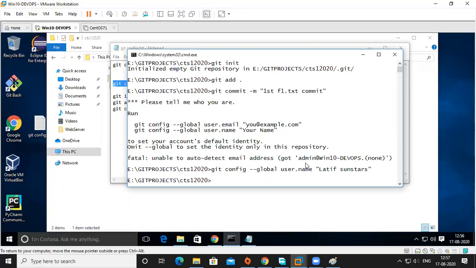That is the name I gave, and now I'm giving my email ID. The email can be there or may not be there. Any mail you can use here. Okay, Latif dot